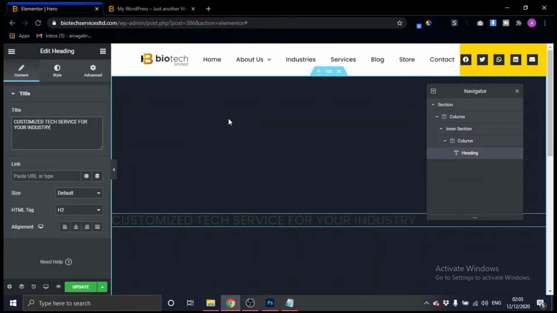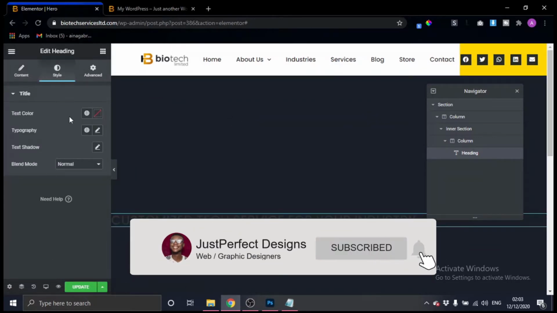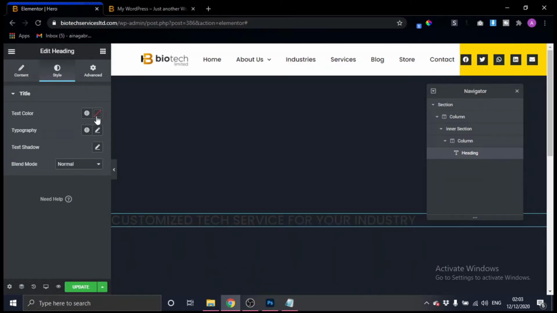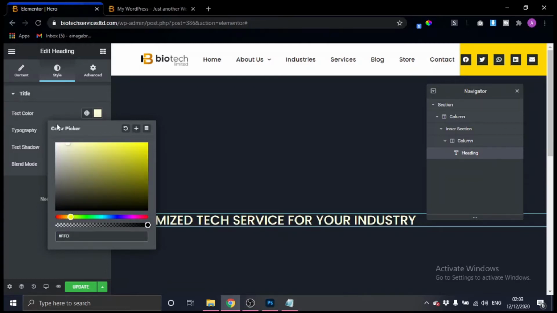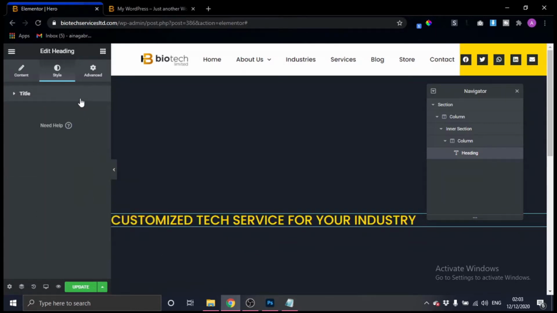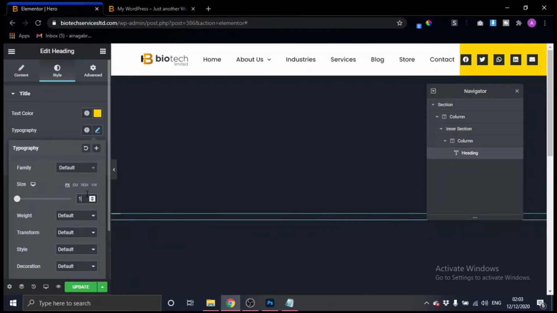Then we're going to come down to the style section, and we'll be giving this a color of FFD500. Then in the typography section, we're going to give this a size of 18 pixels. Okay, that is pretty much it for the heading.